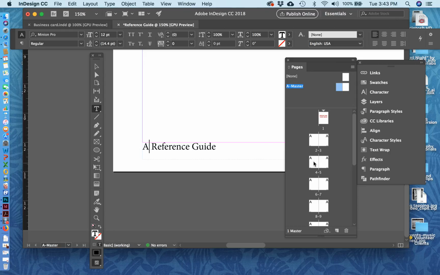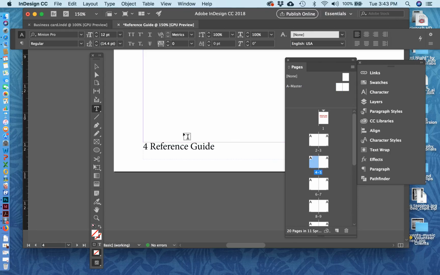However, if I double click on page 4, take a look at that. It's automatically numbered for us because page 4 is page 4. Double click page 8. It's automatically page 8. So let's do that again, and this time we'll do the right hand page in the